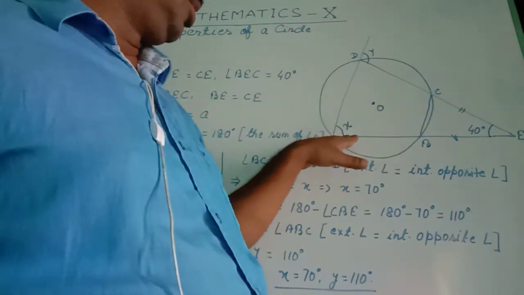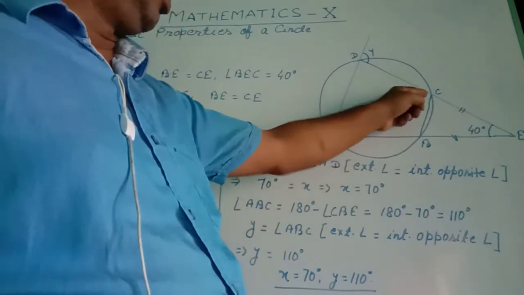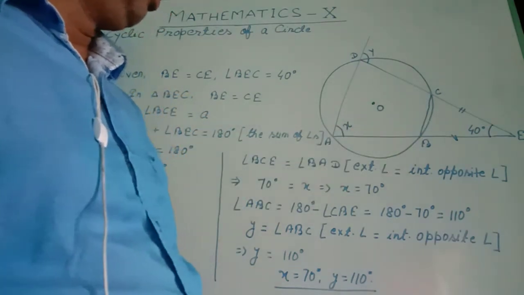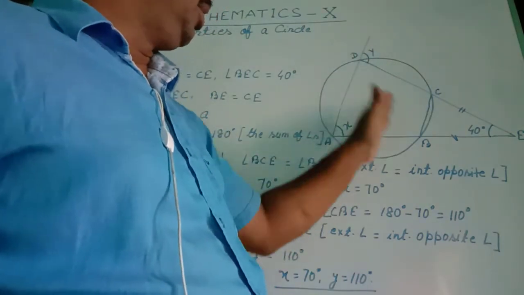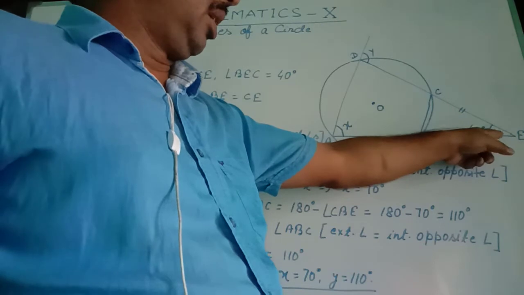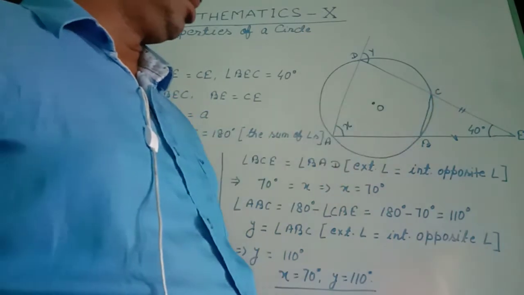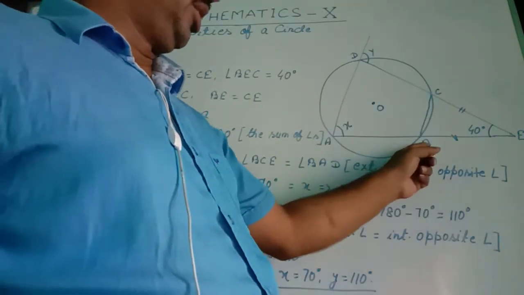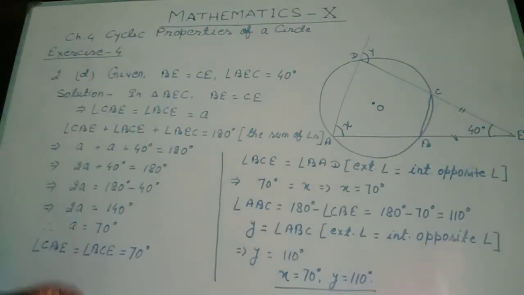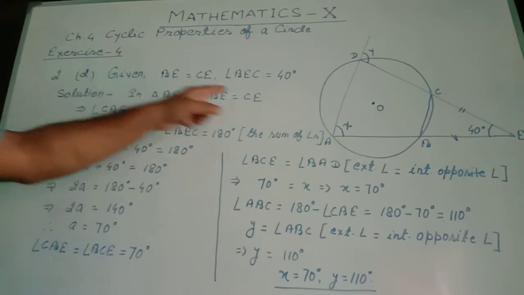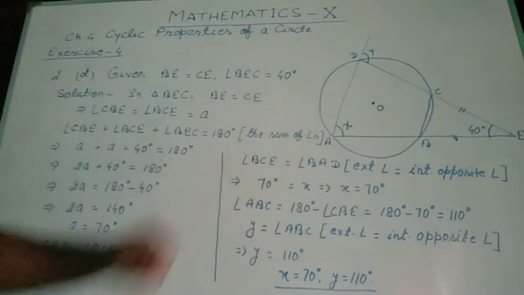The sides of this triangle, AE and DE, intersect the circle at points B and C respectively, and these two sides AE and DE meet at point E, subtending angle 40 degree. BC is joined. We are getting one more triangle BCE, in which BE equal to CE. So in the given information I wrote BE equal to CE and angle BEC equal to 40 degree.